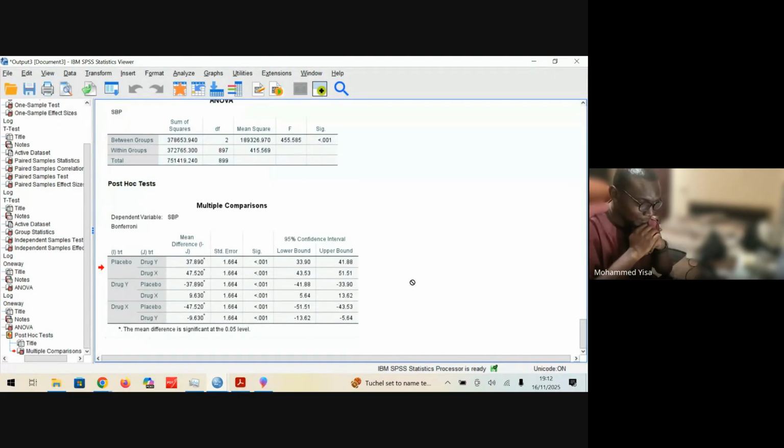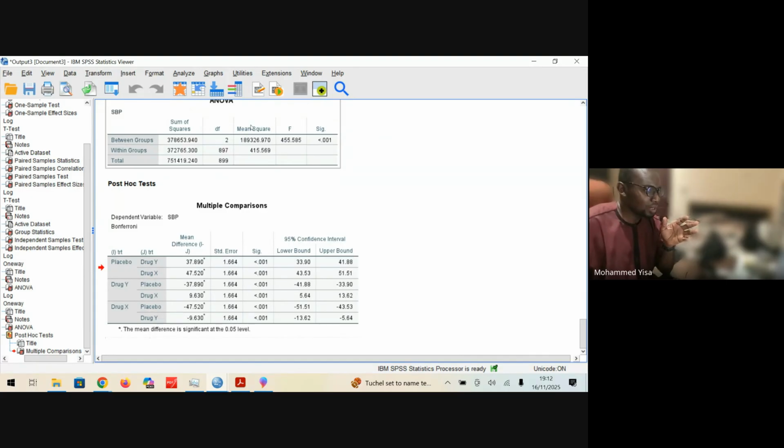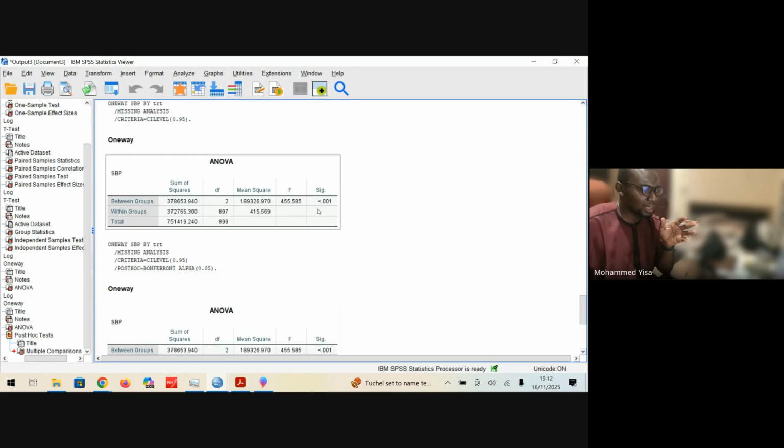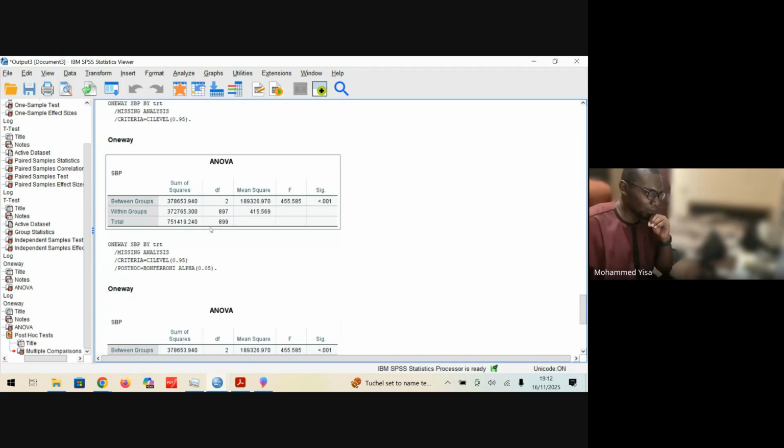Questions? Sorry, one question. Where you have within groups, the sum of squares. Is it the sum of squares you are looking at, or the mean square now? In this ANOVA, we are looking at the significance. This sum of squares and all that,